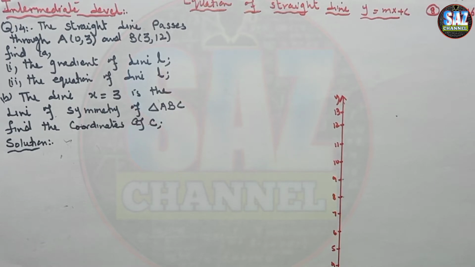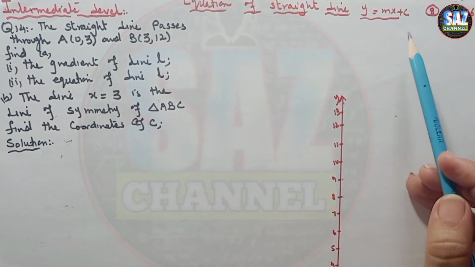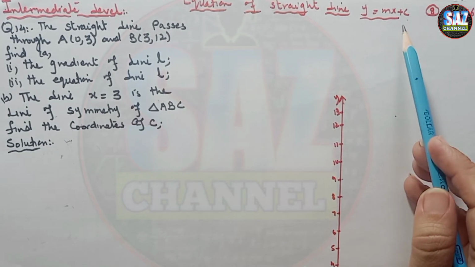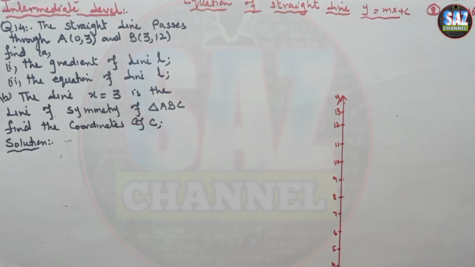This is my 8th lesson of D3 chapter number 6 exercise 6c, that is about equation of non-vertical line y equals to mx plus c. What is m? The gradient of line. And what is c? That's y-intercept. And how to find m and c, and how to find equation of non-vertical line when we are given with 2 points, or how to find the equation of non-vertical line when 1 point and 1 gradient is given.